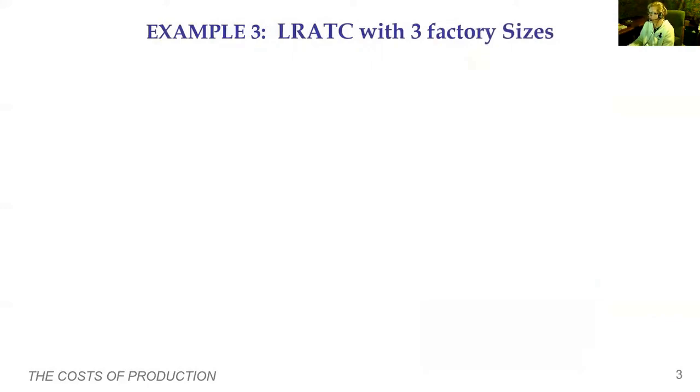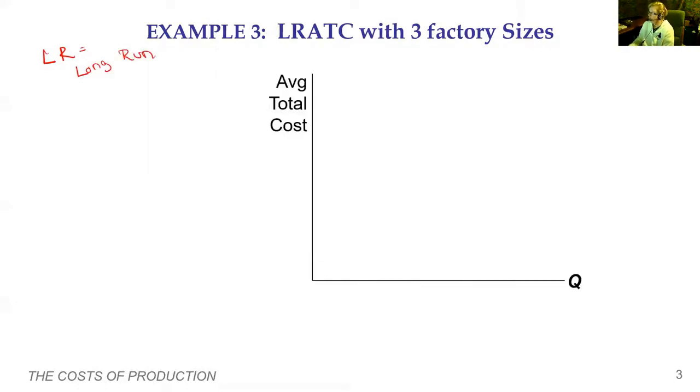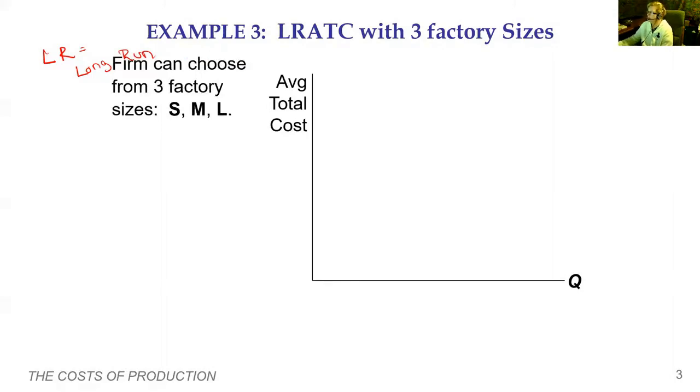So this is the long run average total cost curve, LR being long run. Now we have an average total cost curve and our quantity. At this point, we can choose from 3 factory sizes: a small factory, a medium factory, or a large factory. And what we want to remember is that if marginal cost is greater than average total cost, then we know average total cost